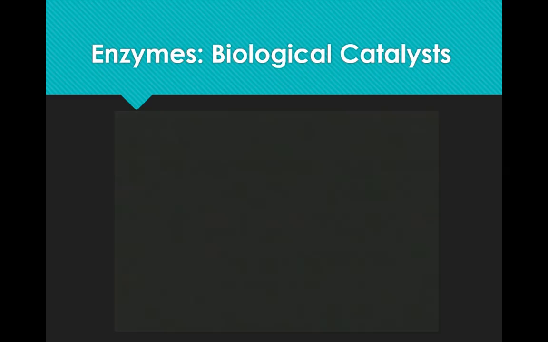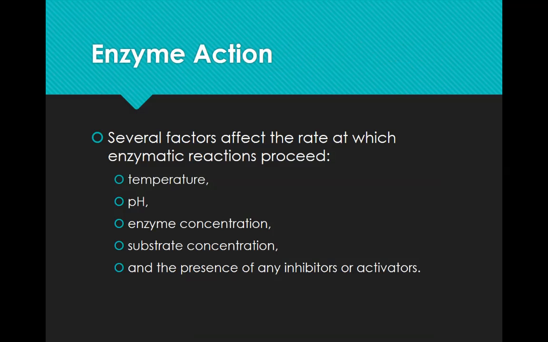Okay, so a couple things to highlight here. The enzymes are not used up in the chemical reaction. When the reaction is over, they can be reused again and again and again. However, each chemical reaction only has one specific type of enzyme, and that enzyme can only carry out one chemical reaction at a time. Okay, so enzymes can only carry out one type of chemical reaction and only one at a time, but when the reaction is over, the enzyme is freed up to go ahead and do the reaction again.